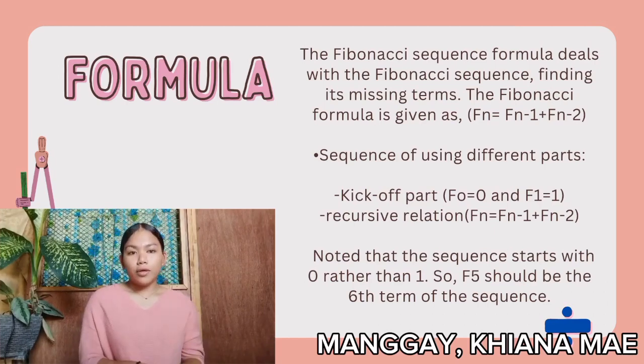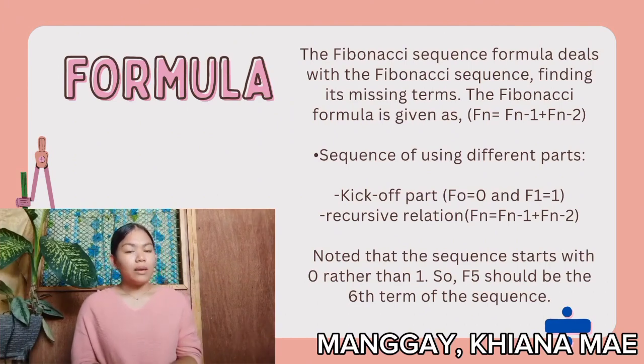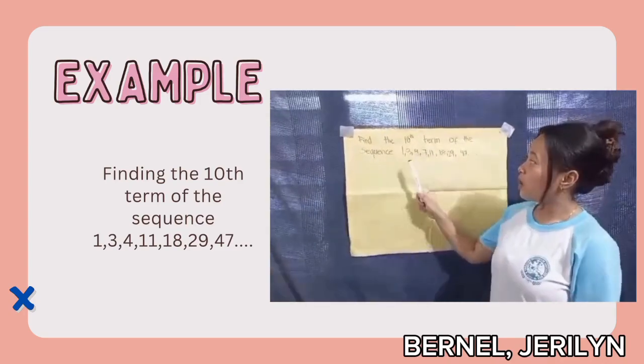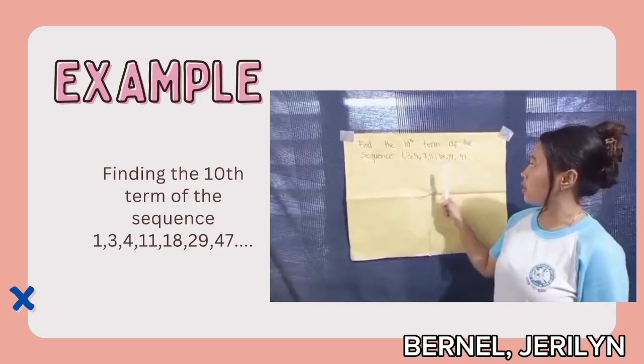And there are two parts to the sequence definition, the kick-off and the recursive relation. The kick-off part is f sub 0 is equal to 0 and f sub 1 is equal to 1, while the recursive relation part is f sub n is equal to f sub n minus 1 plus f sub n minus 2. First example: find the 10th term of the sequence 1, 3, 4, 7, 11, 18, 29, and